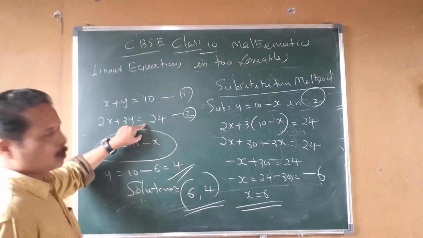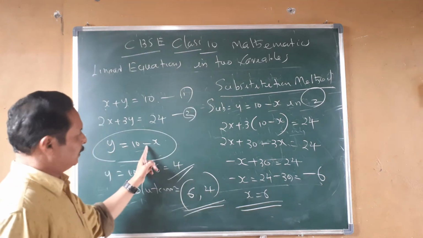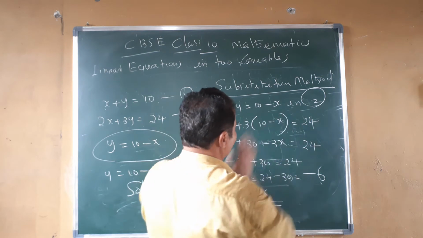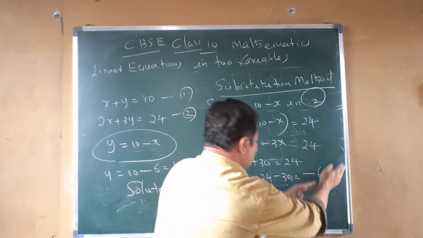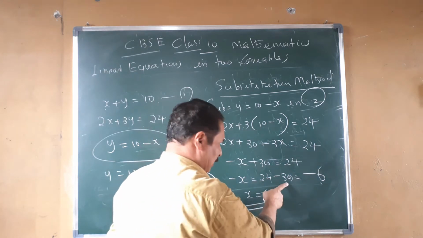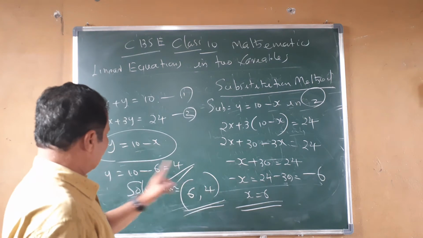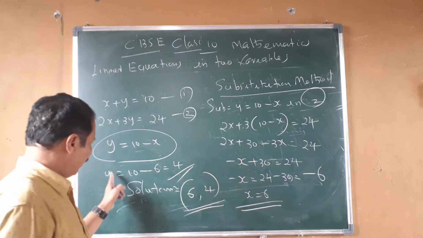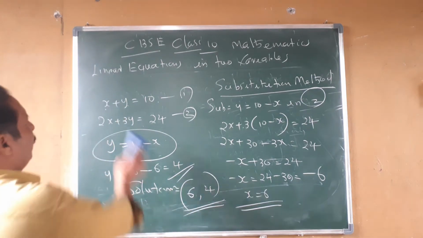Look at here, these are the two equations. From here, y is equal to, plus x transferred to the right side, it's minus x. And you substitute this value here like this. Remove the brackets. Then minus x plus 30, 30 transferred to that side is minus 30. Minus x equal to minus 6, x equal to 6. And you substitute here, 10 minus x means 10 minus 6 equal to 4. You get y equal to 4 and x is equal to 6. Okay? Another problem.